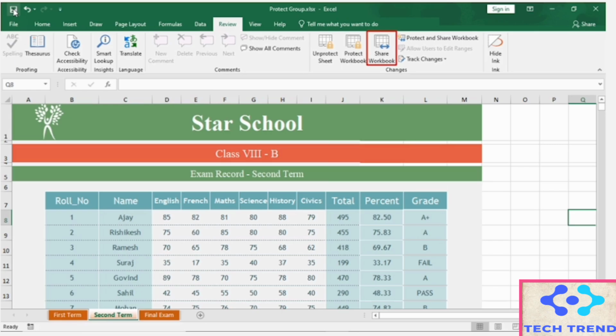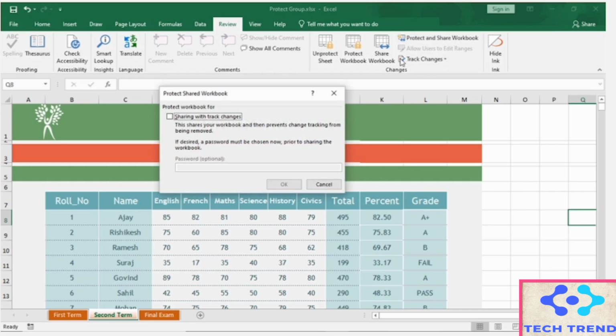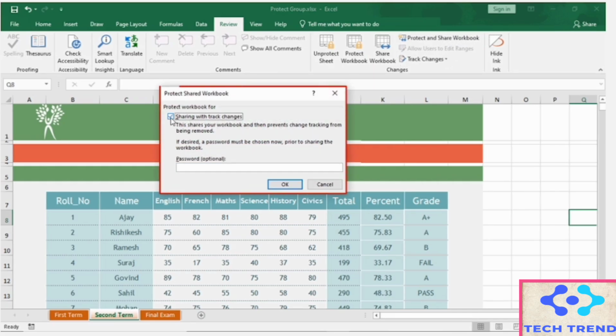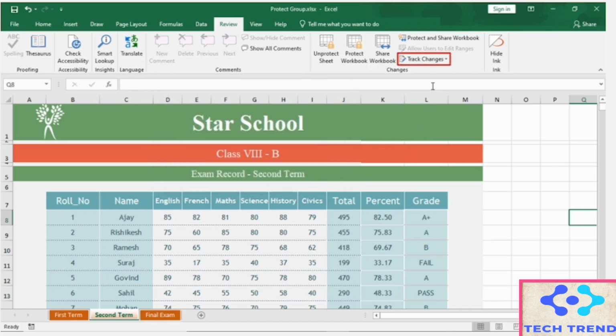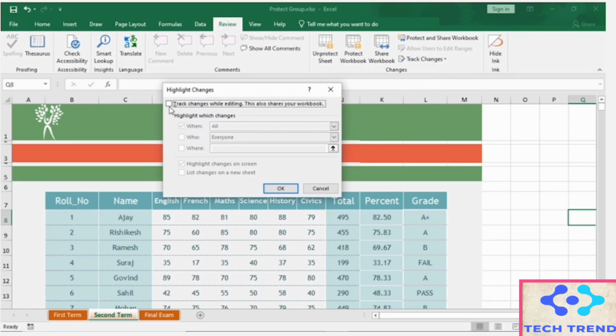This option allows you to share and manage the editors of your workbook. A new option named Protect and Share Workbook allows you to secure your work using a password. This way, you can restrict the people from making any changes to your work. The Track Changes option in the Changes group allows you to keep track of the changes made by the co-editors of your